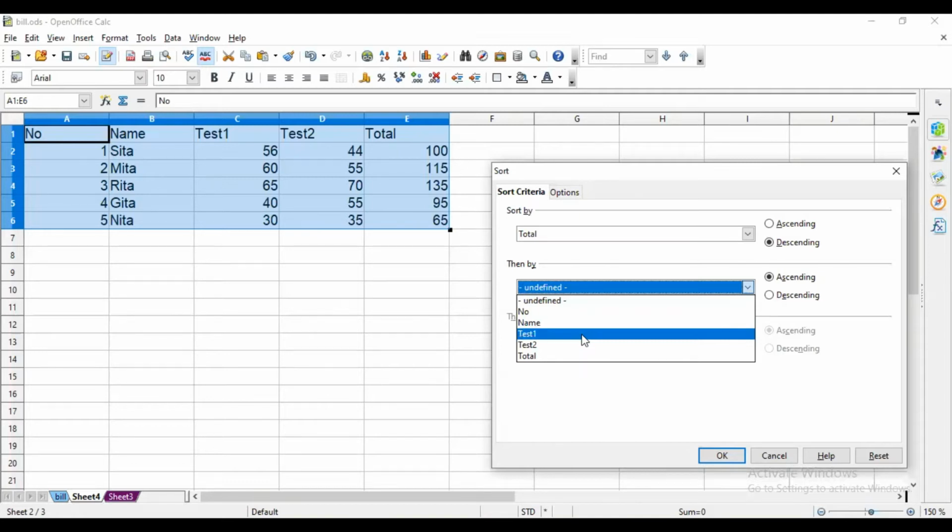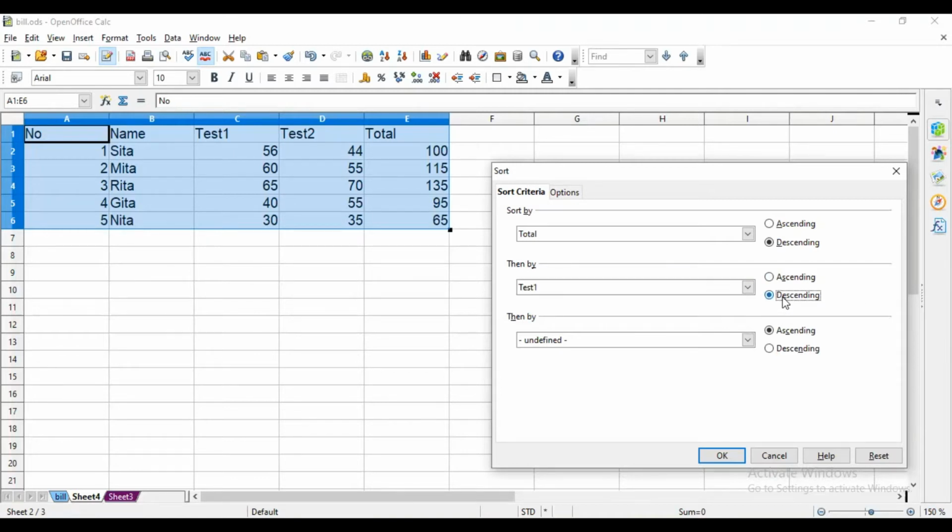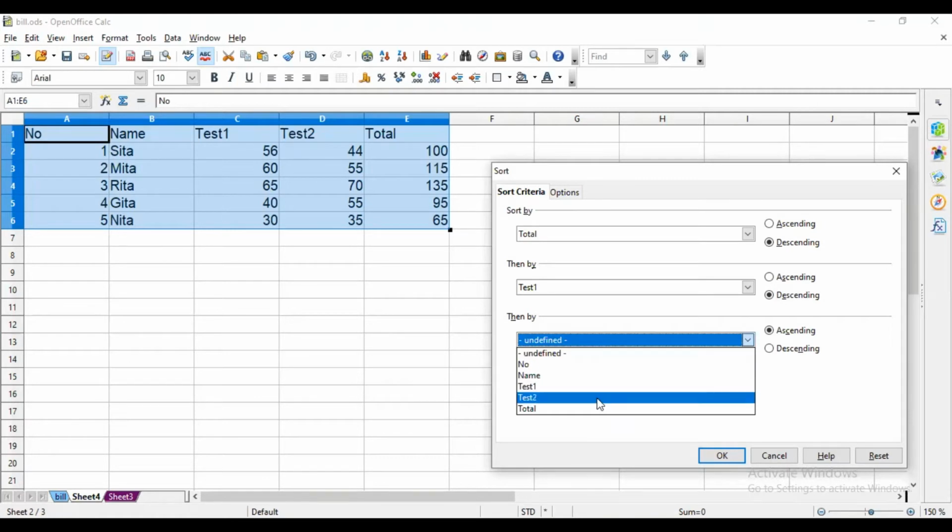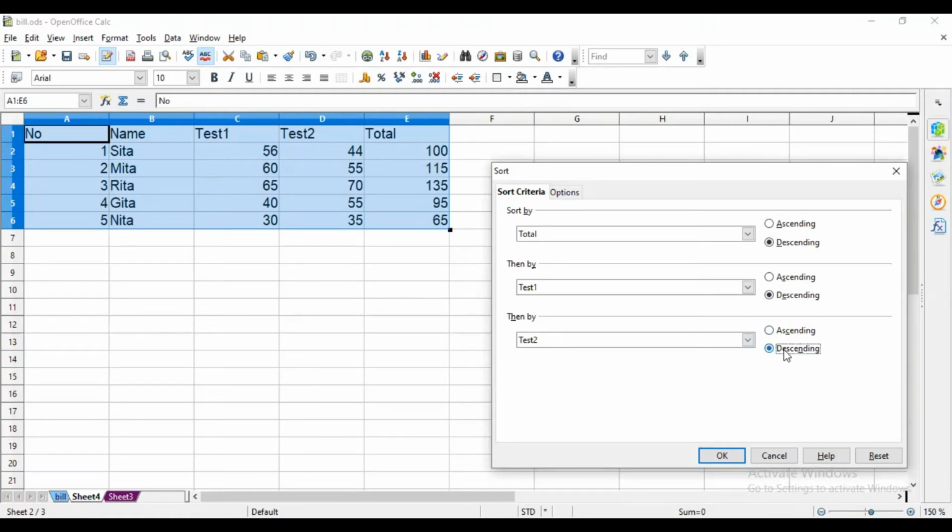So you can take this like test 1. If someone has secured more marks in test 1, then he will get priority. And then by, if both of these first test marks are same, then by test number 2, and again take this descending.